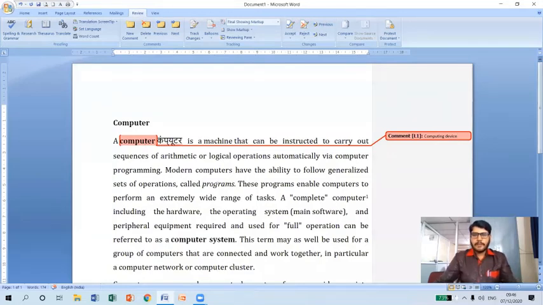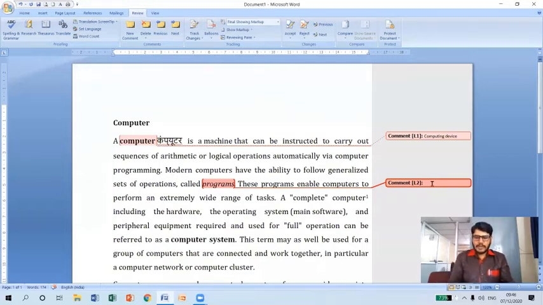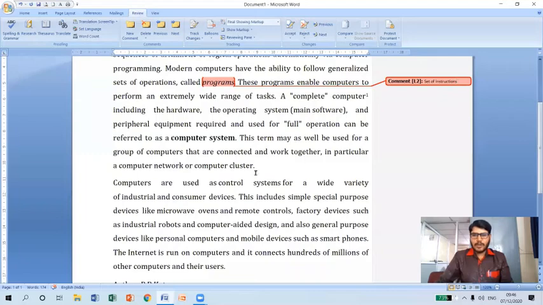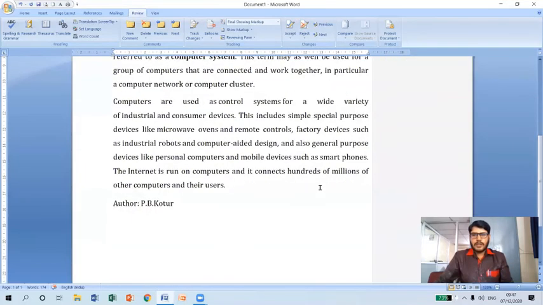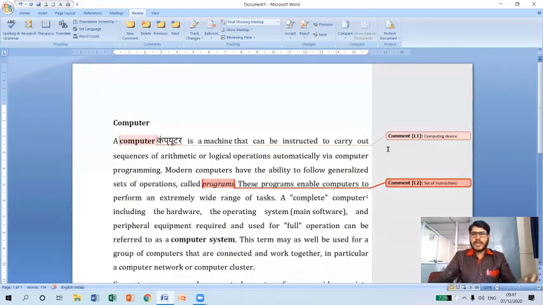Similarly, I can include a comment for programs as well. Let me include a new comment, and you can see it is now including comment line number 2, and for programs I can write: it is a set of instructions. Like this I can include comment lines in my document. So this is how we can include comments.